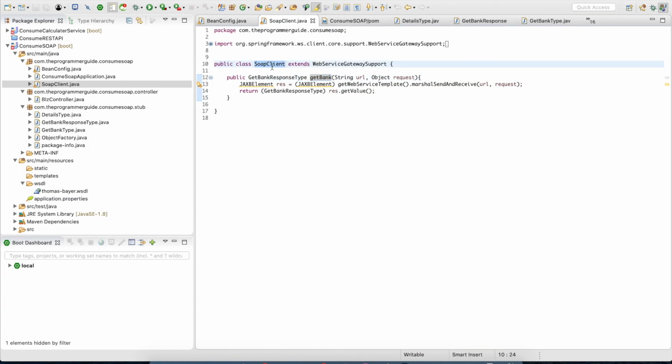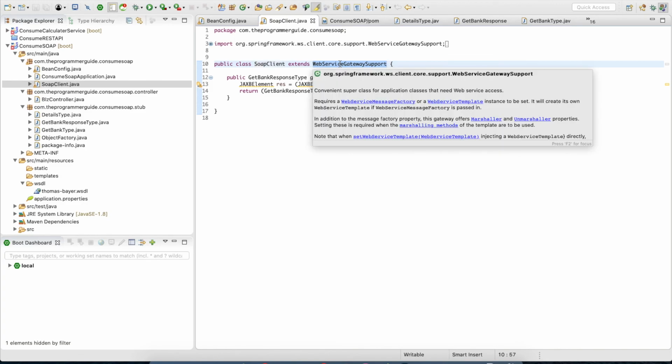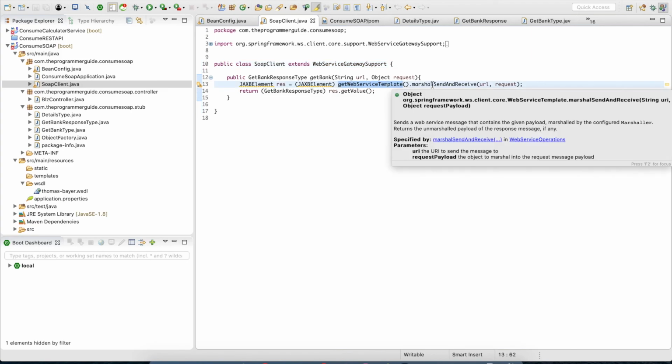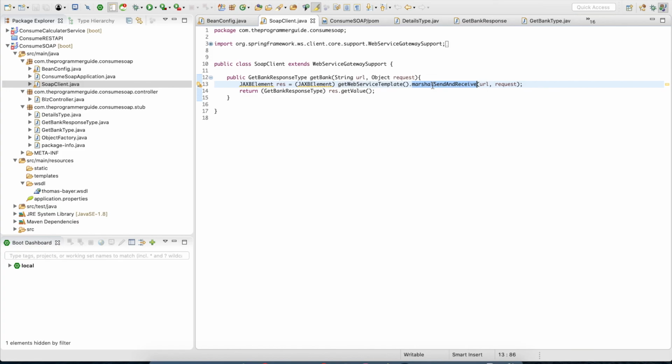this SOAP client has to extend the web service gateway support, and this has the inbuilt methods which is called get web service template, and that is again calling marshalSendAndReceive. For this we have to pass input as a URL and the request object, and we are going to call this in our